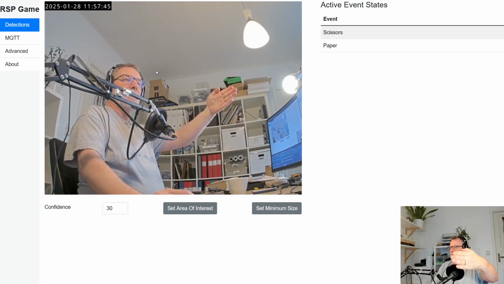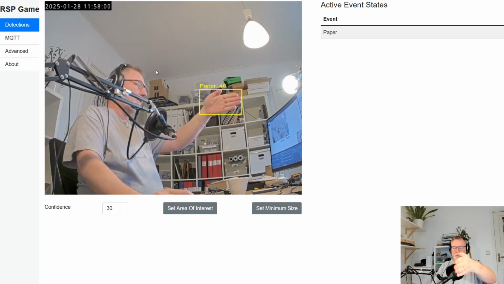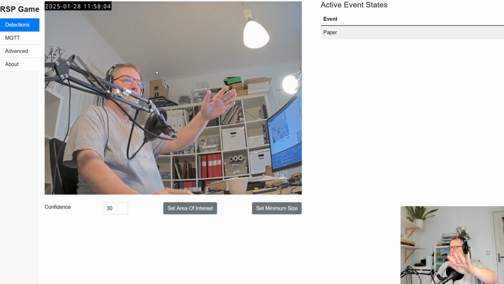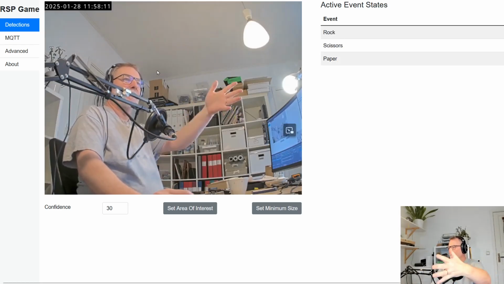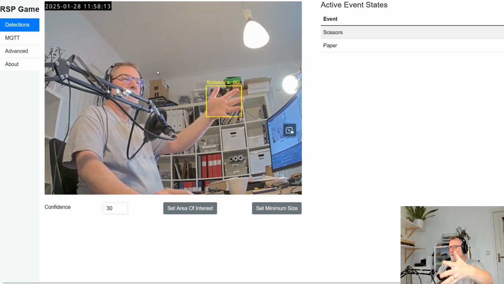And paper. It seems like the paper is not really detected. You see the confidence level? And this tells me we need some more training on this one. So the 50 epochs was not sufficient, and possibly a larger model. It seems to detect, oh, that's a scissor